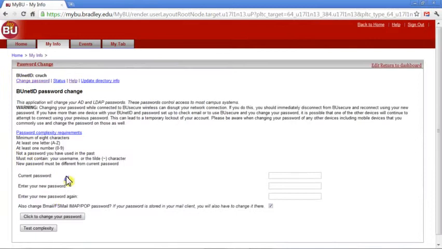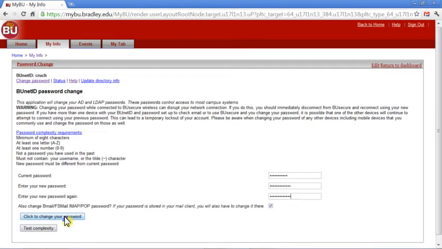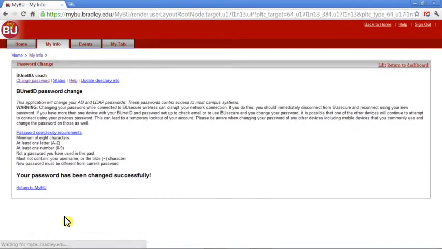In the password change, in case you haven't done it for a while, you begin by entering your current password and then your new password, and click to change your password. It will come back with your password has been changed successfully, and that's actually all that needs to be done